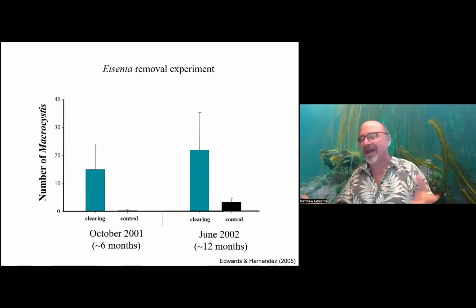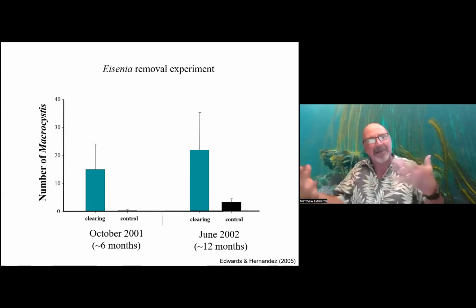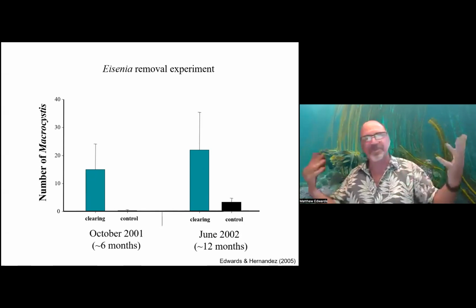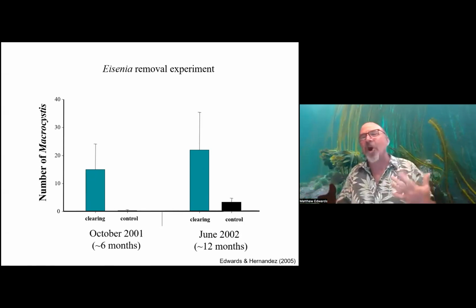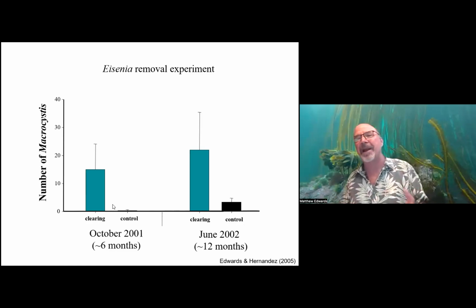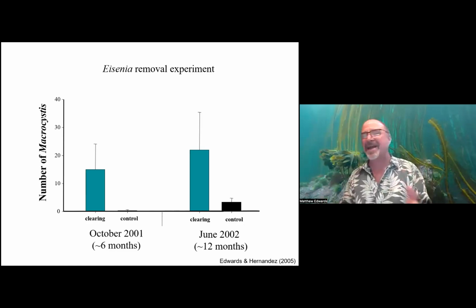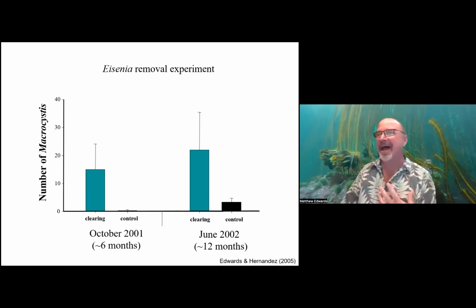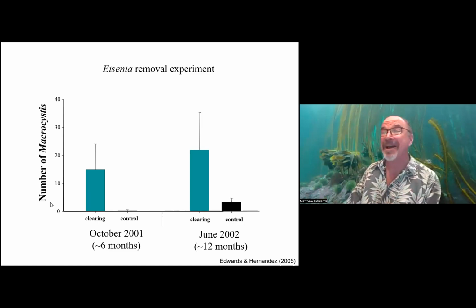Kelp's naturally thin. They don't stay at those high densities. Patches open up due to waves, storms, disturbance, and giant kelp was starting to take advantage of these. But certainly we saw all we had to do was remove the competitors, boom, and giant kelp came in. Didn't have to do anything else. So it did tell us that, yeah, there's probably a seed bank under these